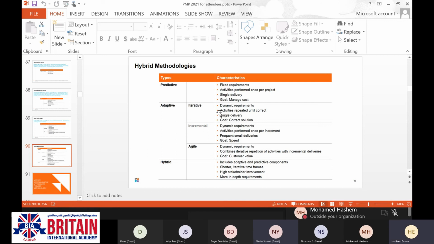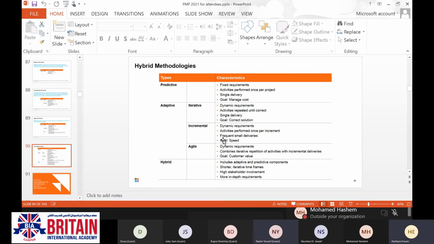Now we have a single delivery for iterative and we have frequent small deliverables. Here we have combined iterative repetition of activities with incremental deliverables.